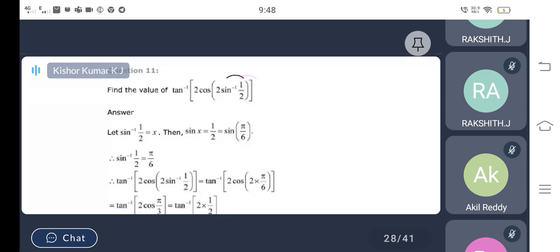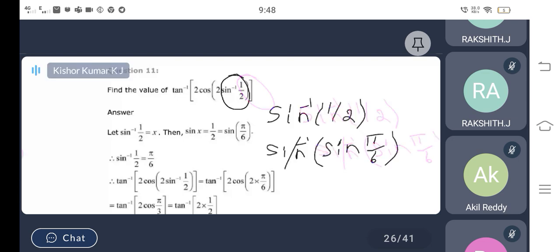First, we can easily find the value of sin inverse 1 by 2. Make sure to solve problems like this only part by part, because we know that we can easily calculate the sin inverse of such values. Sin inverse of 1 by 2: you can write it as sin inverse of the angle at which the sine function has the value of 1 by 2. It is 30 degree, so pi by 6. Sine and sine inverse cancel, it will give the value of pi by 6.